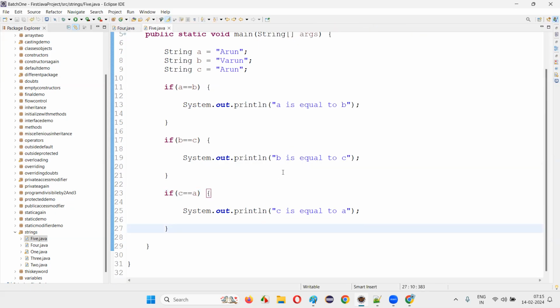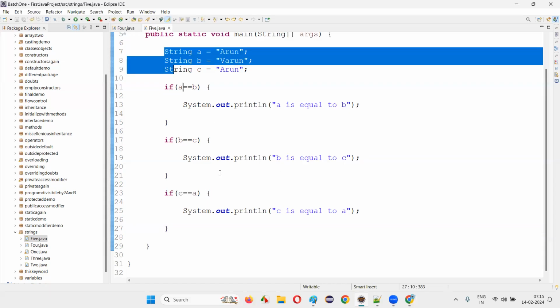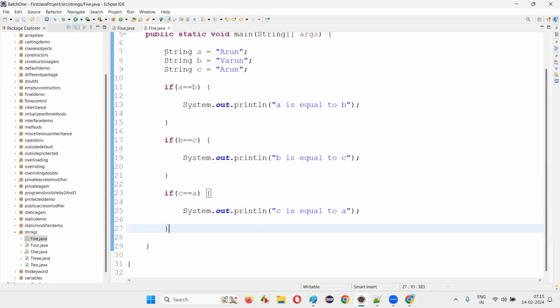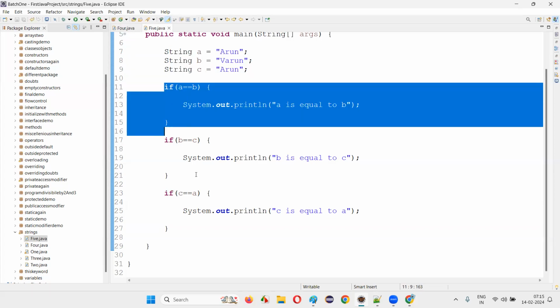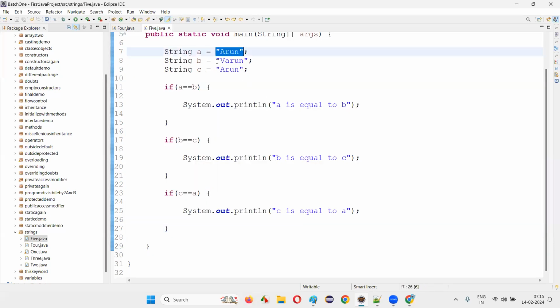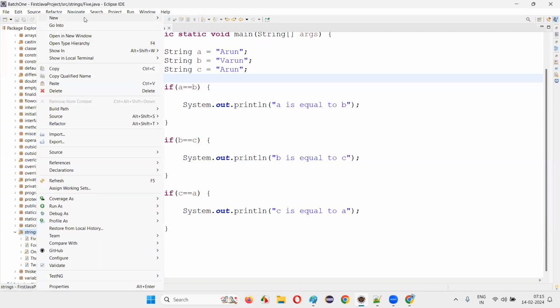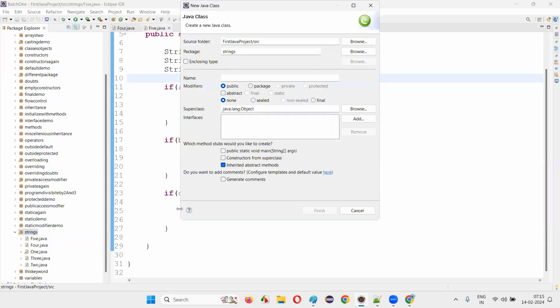Why I mean to say this is, for this it is working fine when you create the strings using the shortcut representation. They're going to compare the string value. That's fine. But if you are using the actual representation of the string, you will understand the problem with